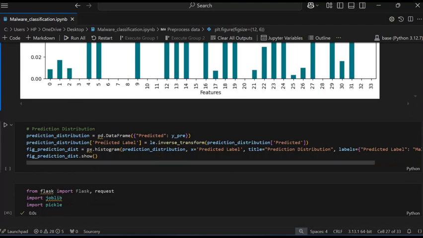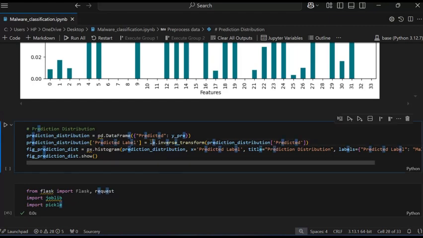Now the prediction distribution. I have taken the variable prediction distribution, pd.Series. Now I want to predict, where I pass the y_predict. The prediction distribution, same variable name, where I write predict label. You can write anything.